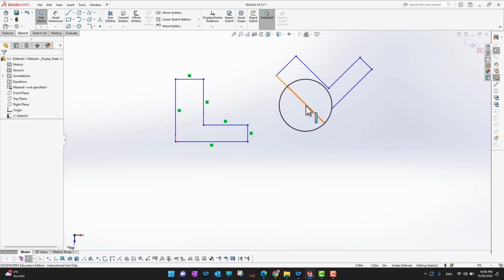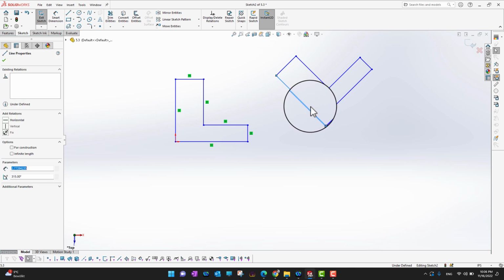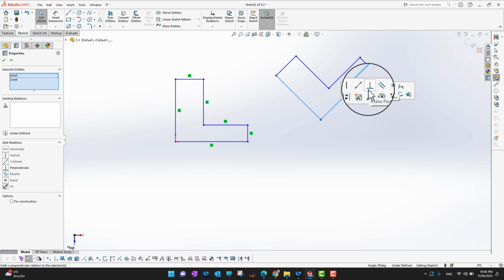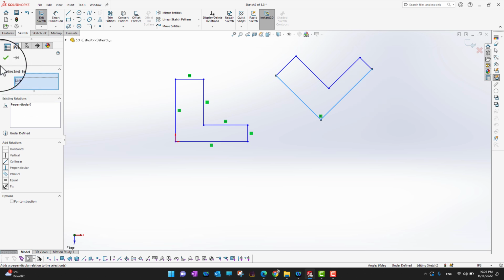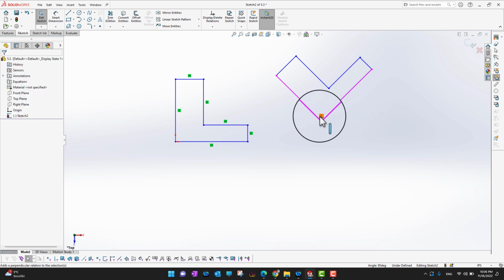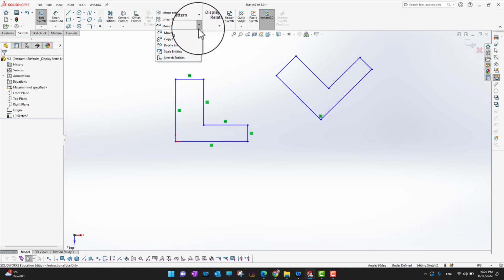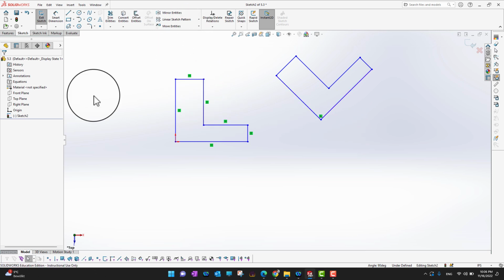Suppose I want to make a relation between this line and this line. What I can do is make a perpendicular relation between them. So you can see a small, tiny perpendicular symbol. So if I want to rotate it,